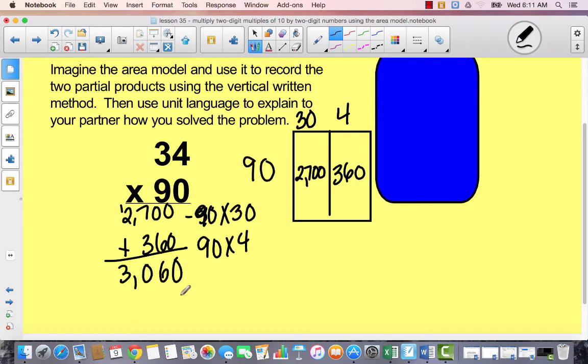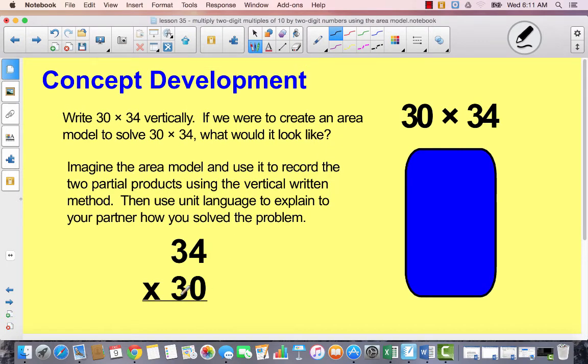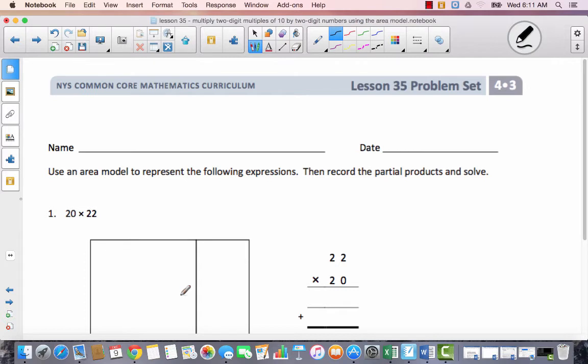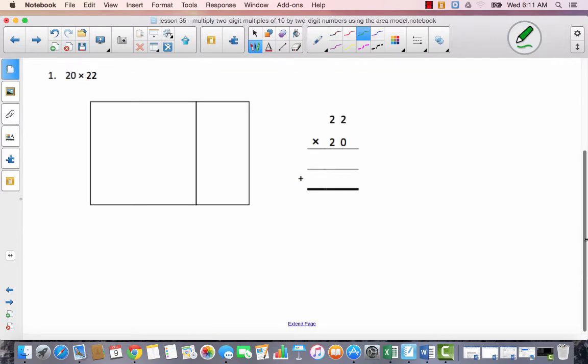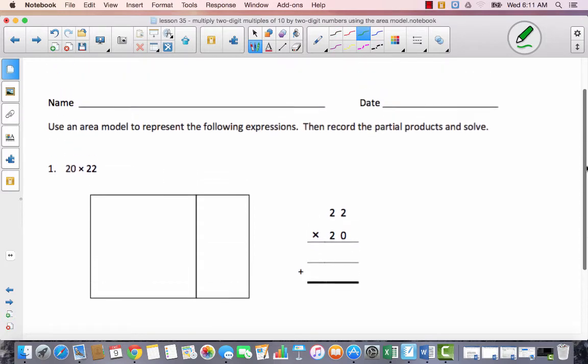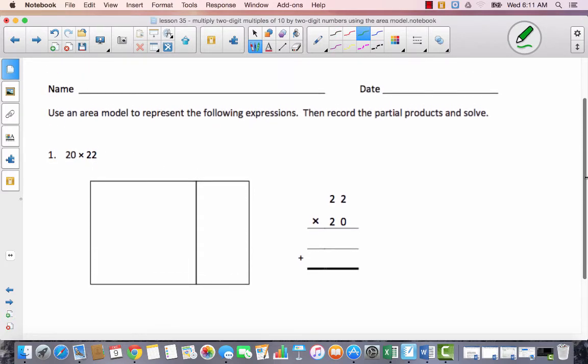Okay, pretty simple. Well, I wouldn't say it's simple, but it's definitely a combination of some things that we've already done. All right, so let's go ahead and get started with our problem set today. Go ahead and write your name at the top, please. And you're going to notice that they have already drawn the area model for you here. Let's take a look at our directions. Our directions say, use an area model to represent the following expressions, then record the partial products and solve. So partial products just means that we are doing part of the multiplication and adding it together. That's what we're doing here. We're doing this part, and then we're doing this part of the product,